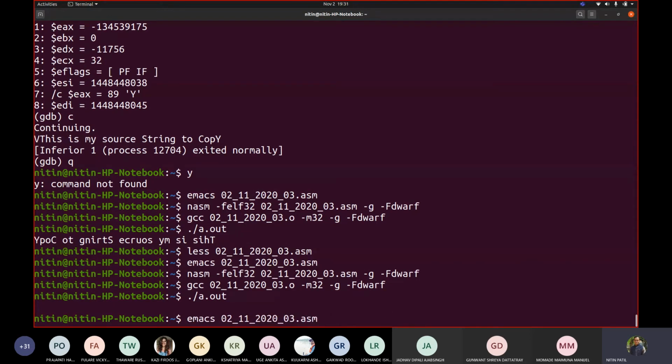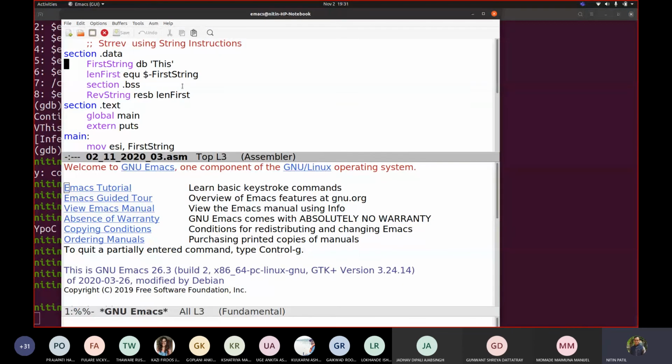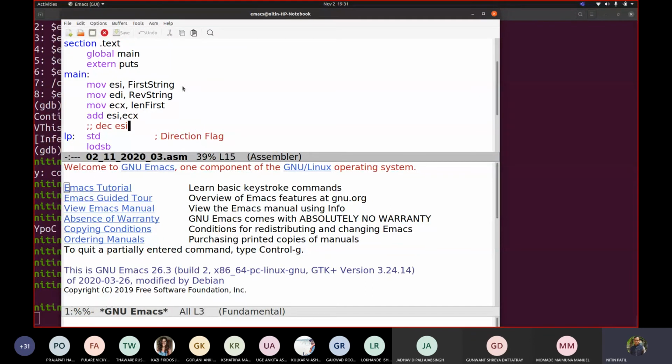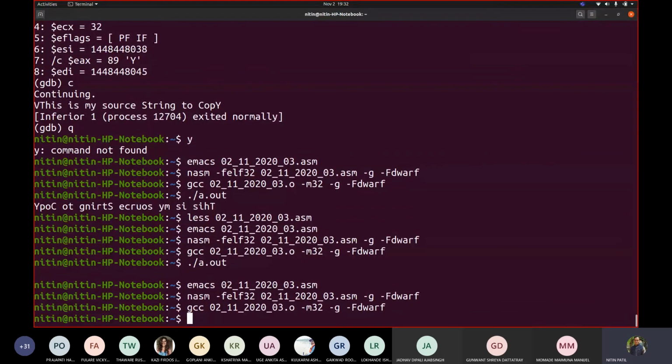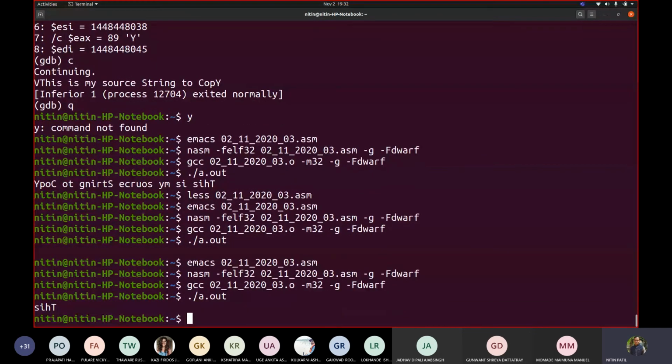Now if I go back, see what length is stored here: 1 2 3 4. So it is pointing here. Suppose this is 100, 101, 102, 103, 104. It goes next to the place which is not available there. Correct. So that's why it took /0. So we have to bring back that ESI by 1. Now if I run this code by assembling and linking again, my string got copied. Got the idea?